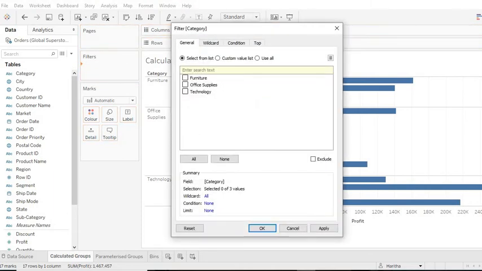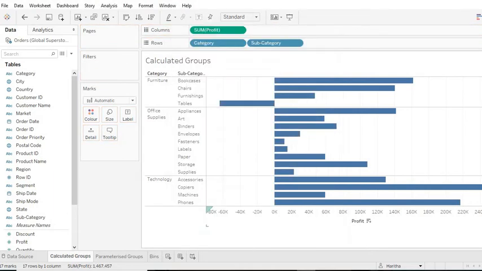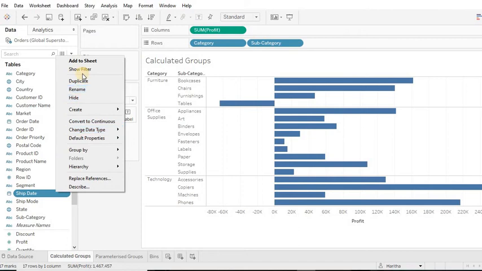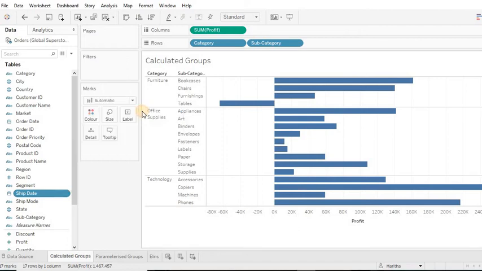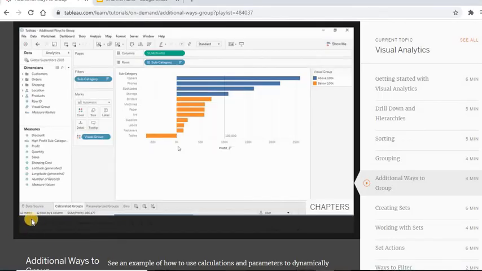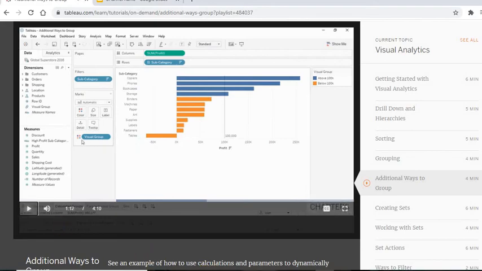Instead, let's create a calculation. In the data pane, right-click and select Create Calculated Field. We'll name this High Profit Subcategories. And for the formula, we'll put: if sum of profit is greater than 100,000, then "Above 100K", else "Below 100K", end. Now if we put this